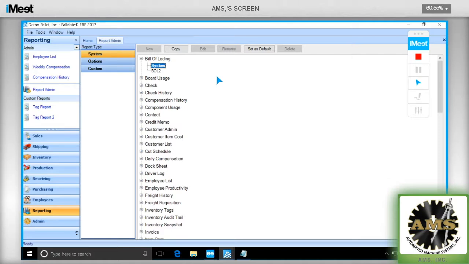The reason we did that is just in case you got into a jam where you created some report, let's say I called it BOL2, and for whatever reason the template's messed up completely. You could always go back to the system, make that your default report, and you're back in business. So you're not stuck where your report's not running or your BOLs aren't working. So I can create a copy of the system one, call it BOL2, make it my default report,